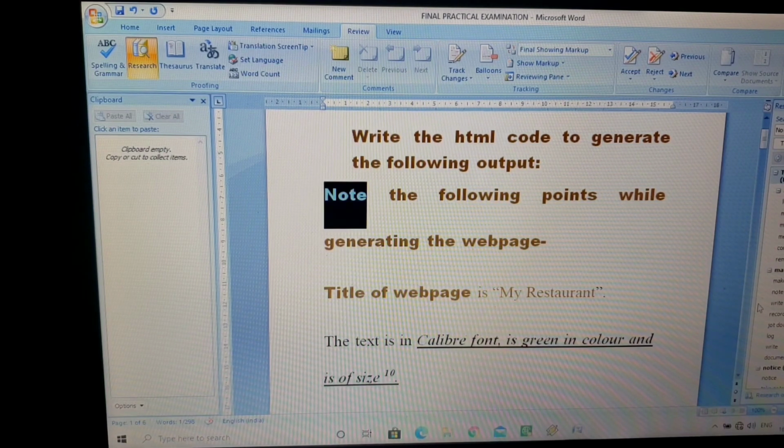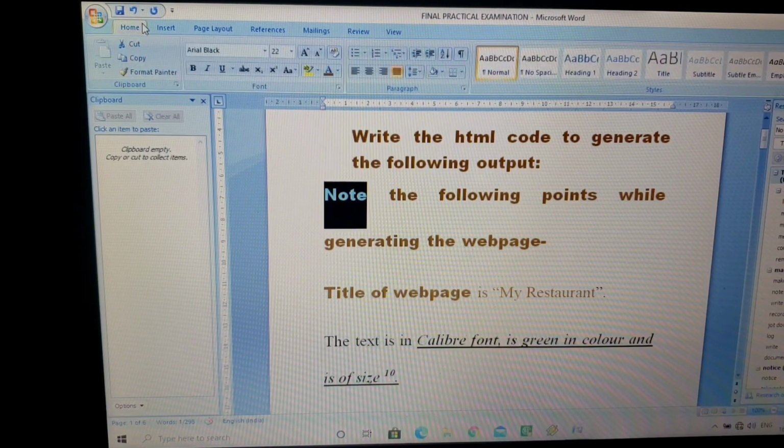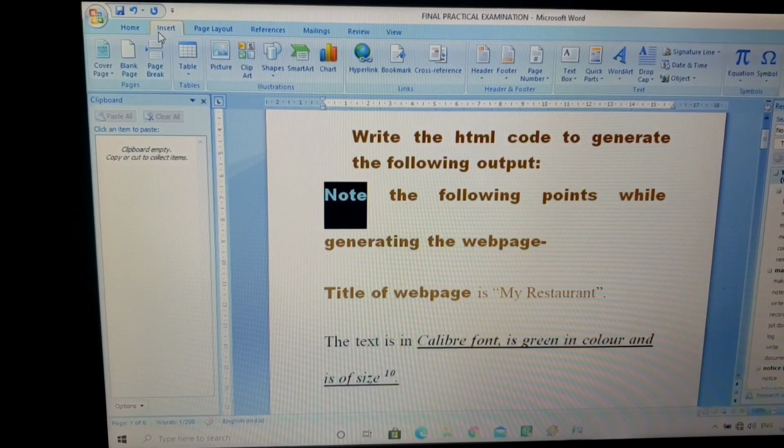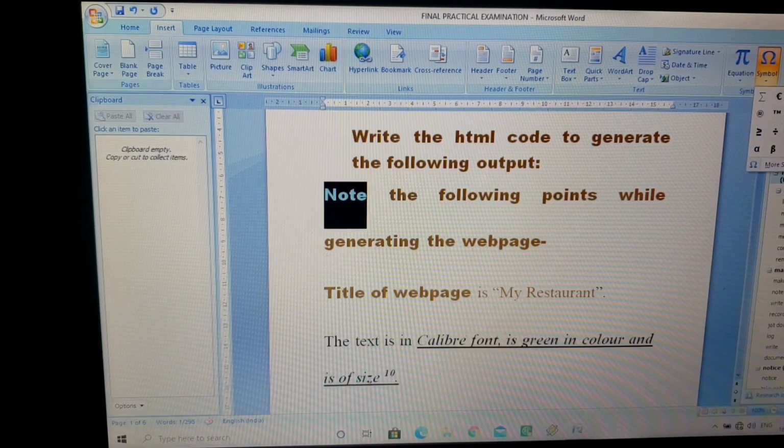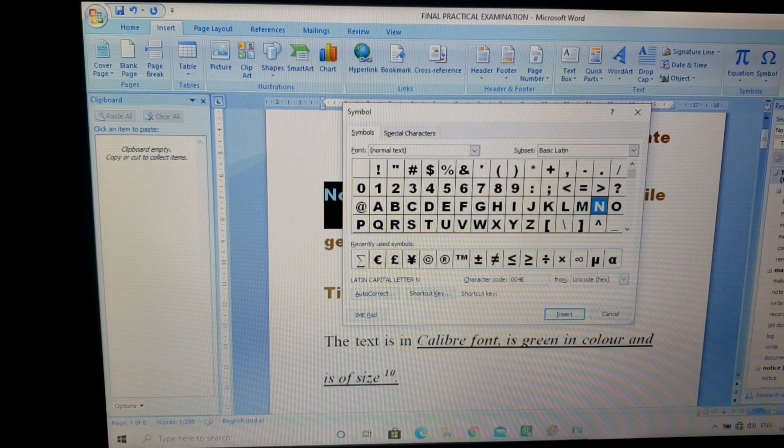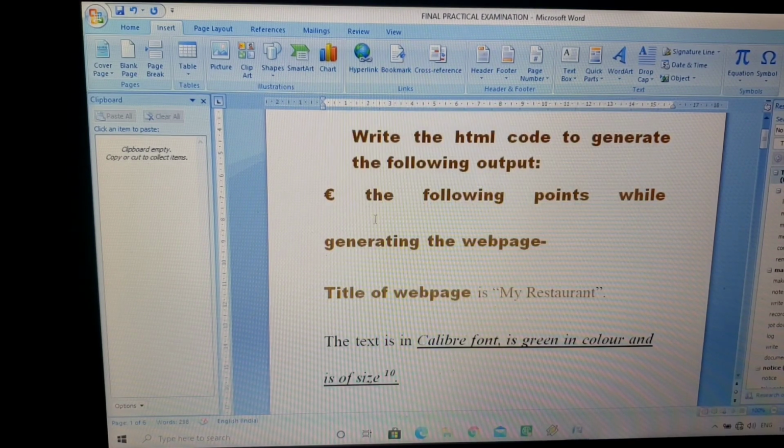Then next is the symbols option. The symbol option, as I explained to you, if you want to insert special types of symbols, how can you get that? It's very easy, students. Just come to your insert tab. This is your insert tab, just beside the home tab. Here you can see the symbol option. Just click on the symbol. Here you can see different kinds of symbols are given, which you do not easily get on your keyboard. Here more symbol option is also given. With the help of these you just need to select and you can insert that particular symbol. See, this sign is inserted. So this is your symbol option.